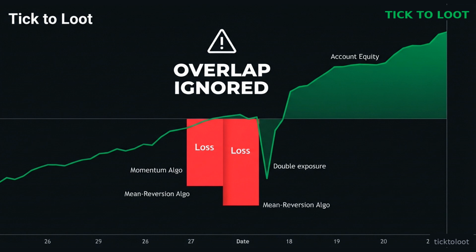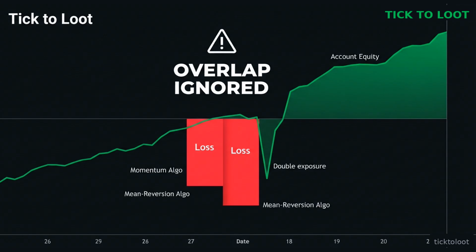Now picture a surprise news event, like a sudden political announcement in Europe, that pushes both the euro and the pound down at the same time. Because both algorithms are designed to sell when prices fall, each opens a short position on the same day. In the chart, you'll see two red loss bars stacked on the same date, showing that both algos lost money